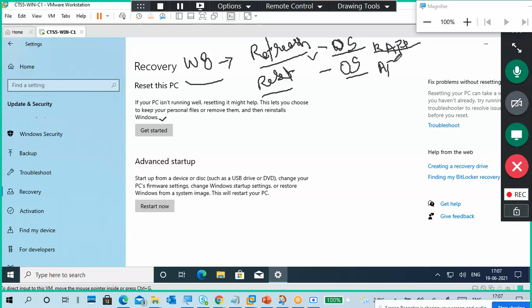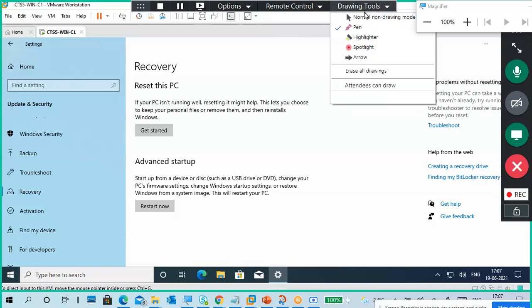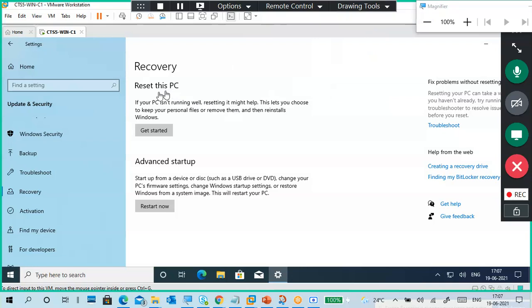In both reset and refresh, the OS is reinstalled and applications are removed. If you go for refresh, your personal files stay as they are. Personal files won't go anywhere. But if you choose reset, personal files will be gone from your PC. Again, I will show you in Windows 10.